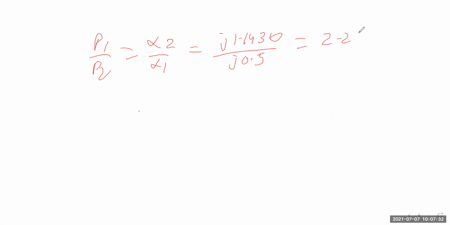Now what we have to calculate is P1 by P2, which equals X2 by X1, which equals 1.1430 by X2, which was 0.5. So the answer would be 2.286 per unit. Or, since it is a ratio, there will be no units. This is what the answer is all about. So we'll end over here. We'll meet in the next class.